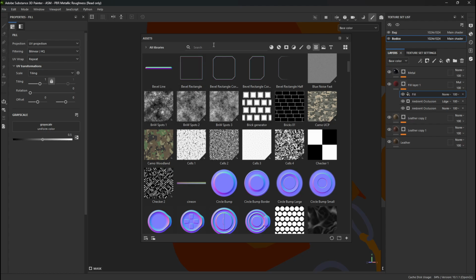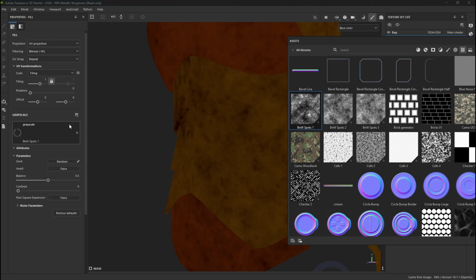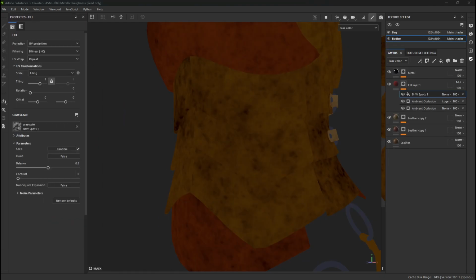We can experiment. So for instance, I'm going to drag this BMW spots white into this. I want to add it into this grayscale section, this grayscale uniform color section here. Okay, so you see how it's applying over everything? That's because that's still set to normal. But again, if we go through the layer blends,